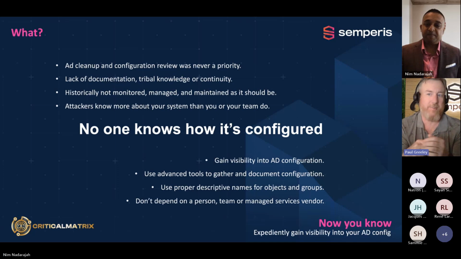Because the thing is, with AD, the name is just a name. AD knows things by what's called a security identifier, a SID, right? So I would just go look for that SID and find it right away. So attackers know what they're looking for. Security by obscurity doesn't fix anything anymore. That's right. But gaining visibility into your AD, that's a huge thing.